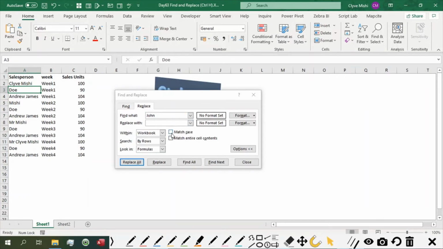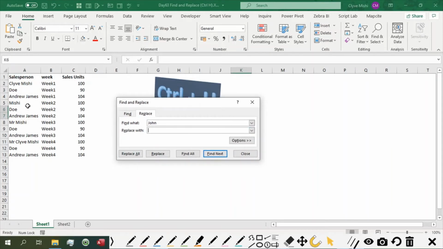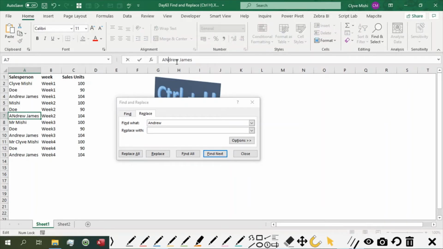I can also do the match case, to say I want to only replace it if it matches the case. If it doesn't match the case, I don't want to replace it. So let me go back to the context and just select sheet. So at this time, I want to replace Andrew and space. I want to replace it with nothing. So I want to remove the first name here. But suppose this one has capital letters here, A and N are capital letters, and the rest is matching the case with this one. If I say replace,